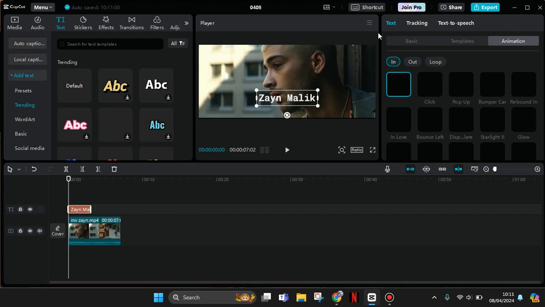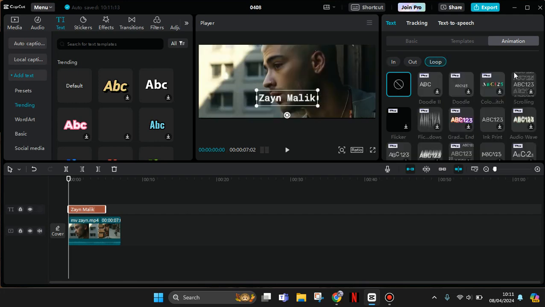So you can add animation for the in, out, or loop. So here I'm going to just add the loop animations. So click on the loop tab in here and just select the animations that you like. So I'm going to use, for example, this gradient